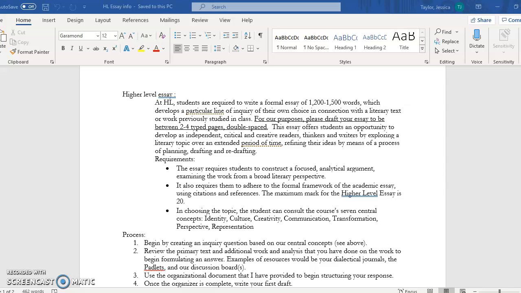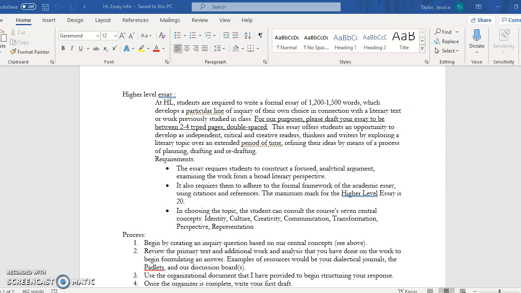For our purposes for this essay, there's going to be a couple of modifications. Number one, I'm not going to let you choose any book that we've looked at the entire year. You do need to focus on The Color Purple. However, within the concept and construct of The Color Purple, you can choose any line of inquiry that you choose. So you can look at some of the cultural and contextual issues that we researched. You could also use critical lenses there, or a myriad of other things that suit your purpose.